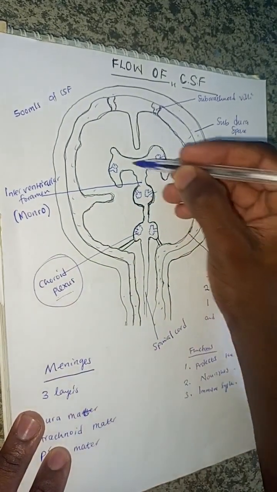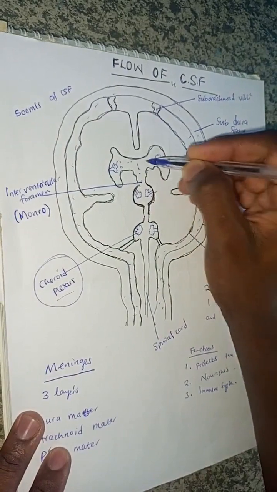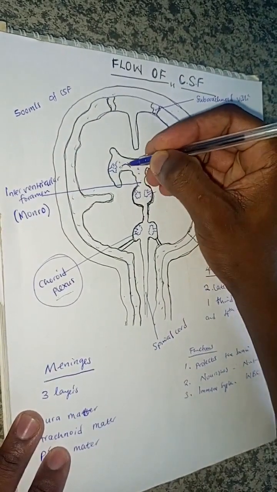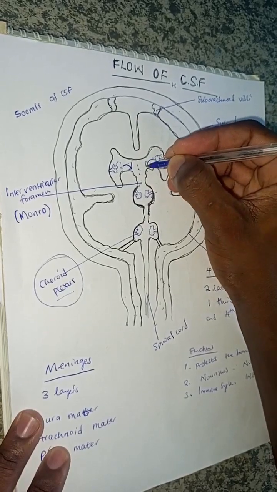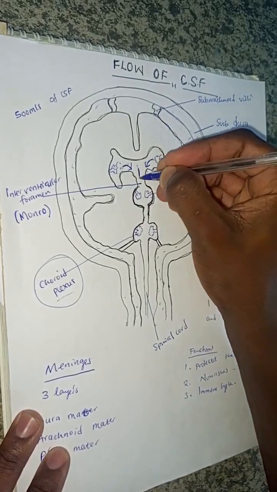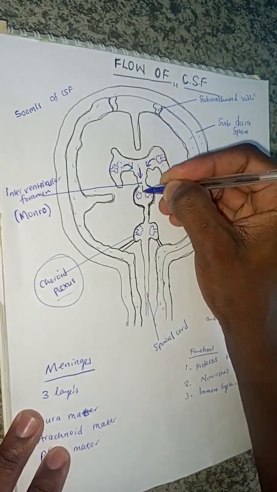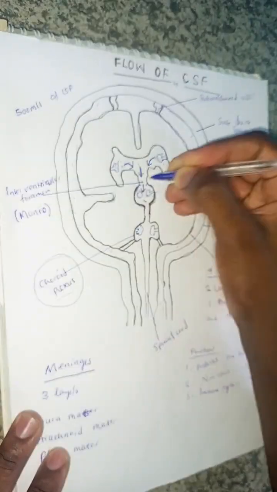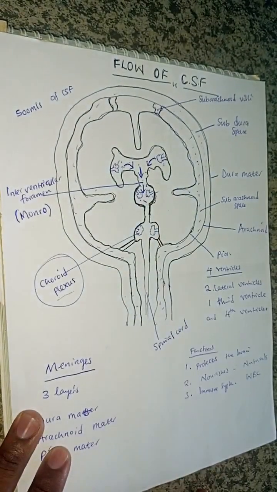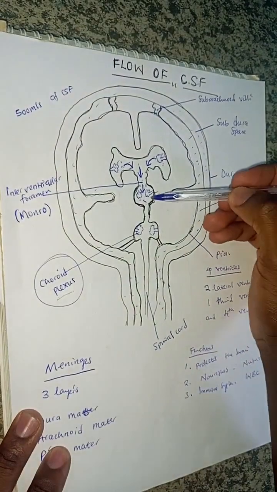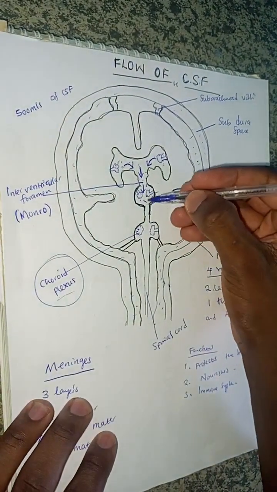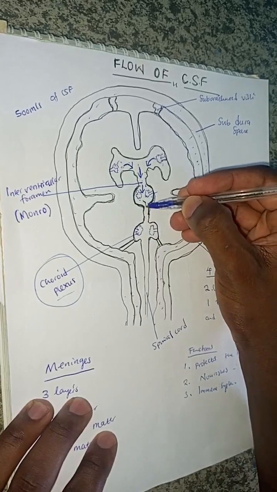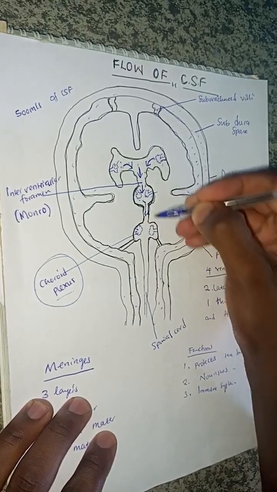So it has now reached where? This fluid is being produced here. When you are drawing, you have to show the arrows. So it has reached here in the third ventricle. Again, in the third ventricle, it is going to flow into the fourth ventricle